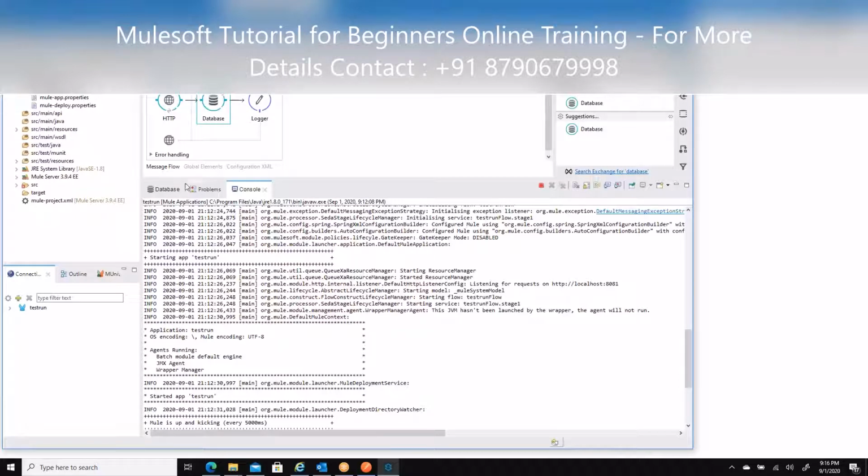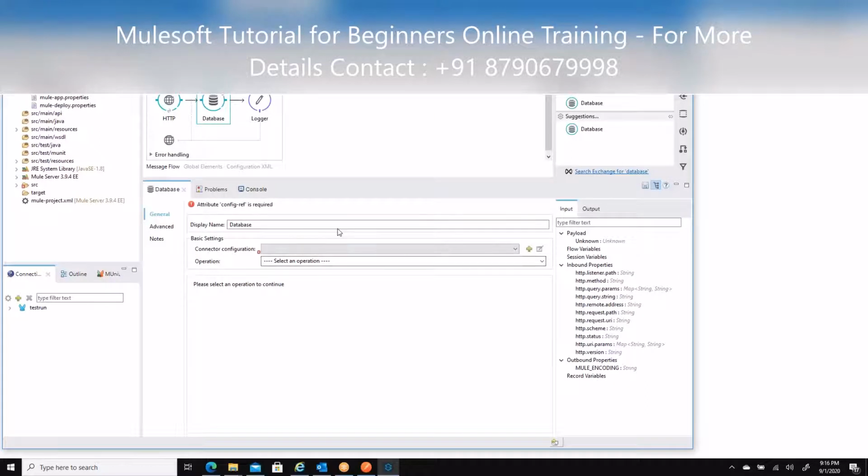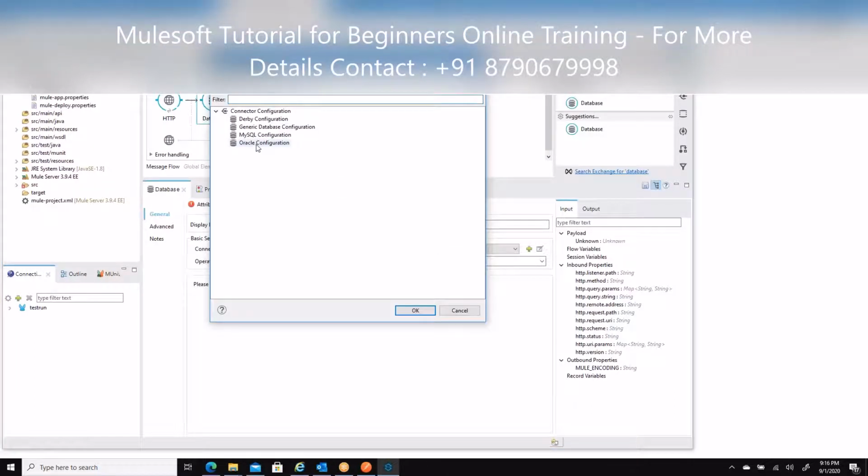Just to understand a little. Yeah, absolutely. This is exactly what I wanted to know. Here for the configuration, you just need to click the plus on the right side. Here it expects whichever DB configuration, generic. What about if we have a cloud database? Generic database connect configuration. Which one?